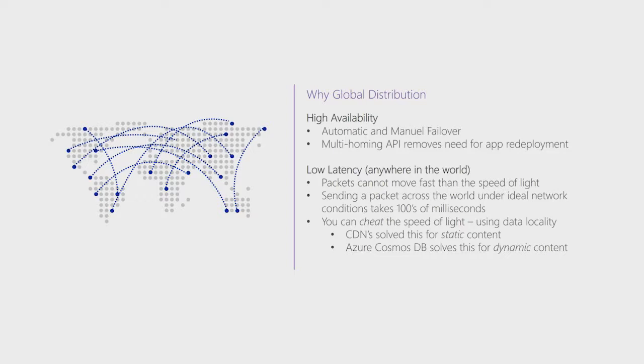And basically, when you replicate data packets from one part of the world to another, no one has solved how to actually send information faster than the speed of light. At least, if you figure this out, you deserve a Nobel Prize. But just because we can't ship packets faster than the speed of light, we can still cheat the speed of light. The way we cheat the speed of light is we exploit data locality and bring data closer to where